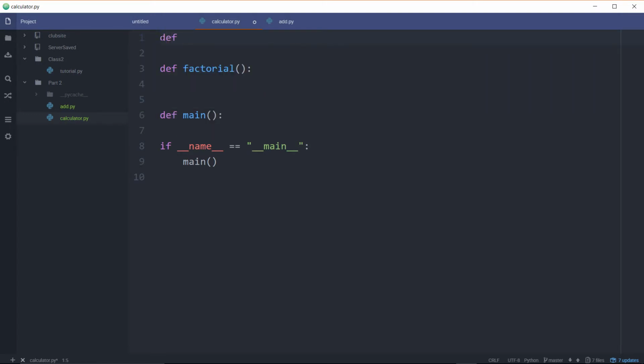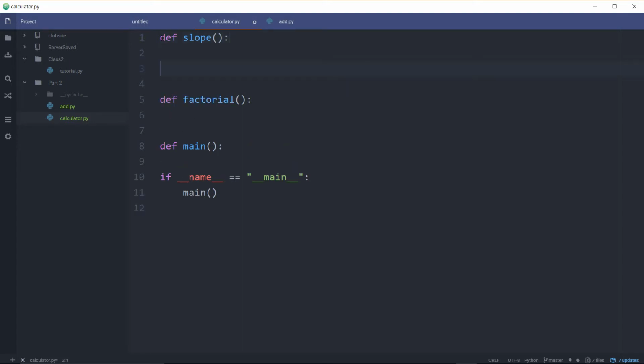Def, we'll do slope, and then def and midpoint. And we'll put our arguments in there for a second. Yeah, so we'll do that. Okay, so we'll do point pt1, pt2, and then we will just do 1, 2, 3, 4, return,